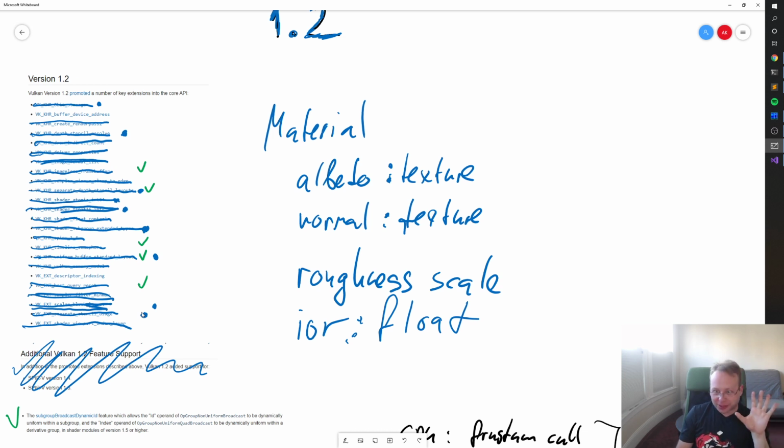So you need a bunch of stuff. You need a bunch of values, and some of these values are floats and integers, and this is all fine. We already know how to do this, right? But some of these are textures. And so